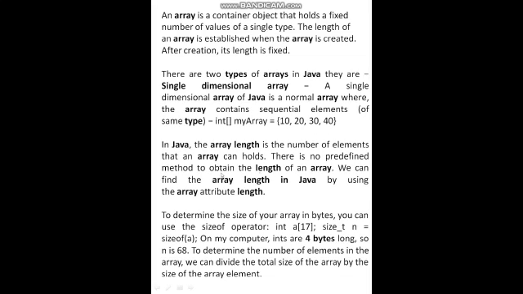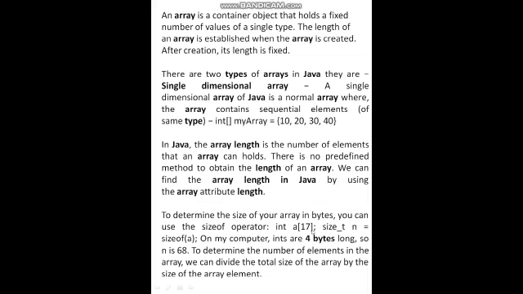There is no predefined method to obtain the length of an array. We can find the array length in Java by using the array attribute length. By this attribute we can find the length of the array. To determine the size of your array in bytes, you can use the sizeof operator.